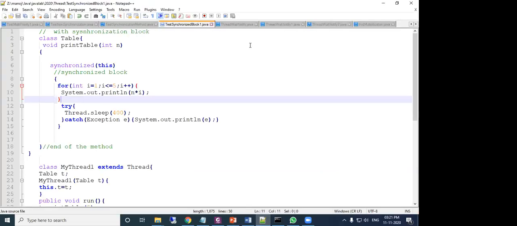So now these are the programs, and there are some more programs we should discuss, like wait, notify, notify all. These are different programs which are not in your syllabus, but we should discuss them. But time is not permitting. So if time permits, we will discuss them in the extra class.